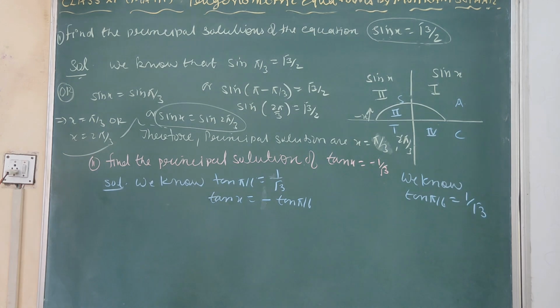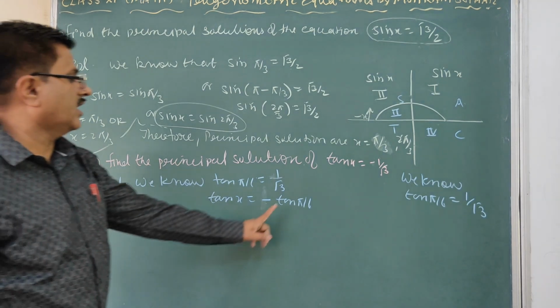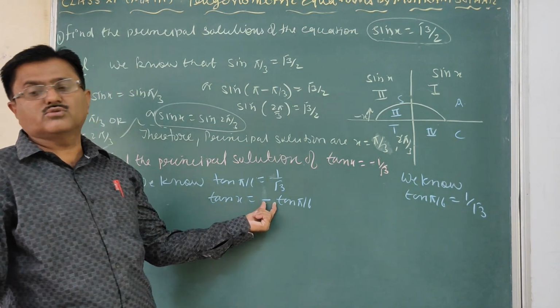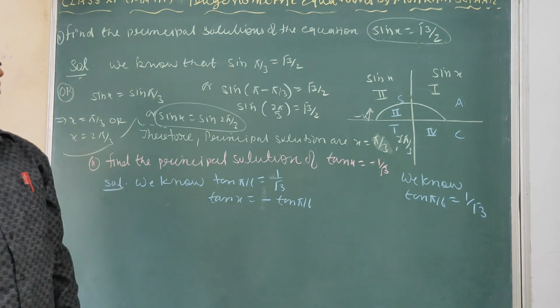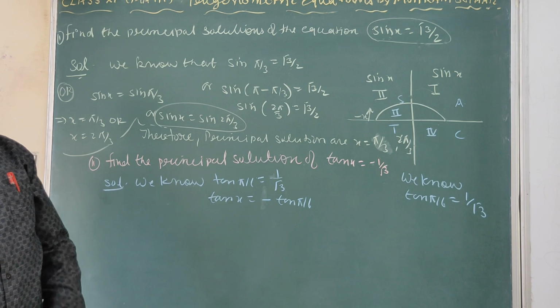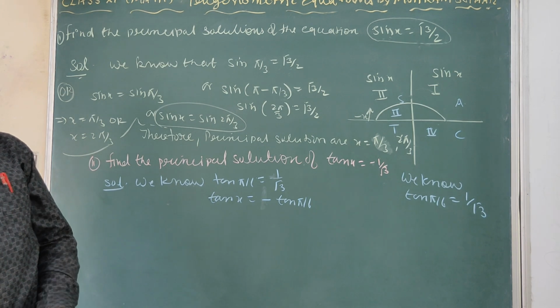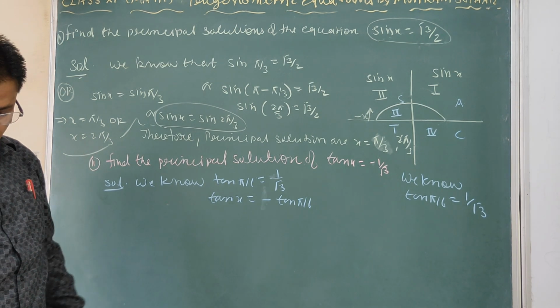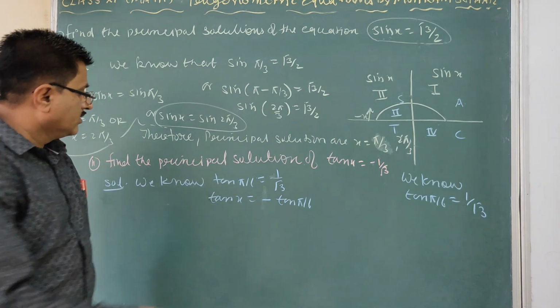We put the value of 1 upon root 3, that is tan pi by. Now this minus we have to remove. So there are two methods to removing the minus. Either you can take in negative direction or clockwise direction you can move, or you can